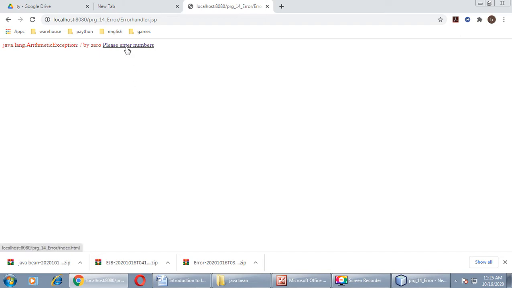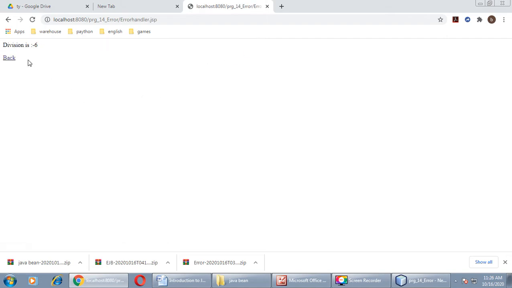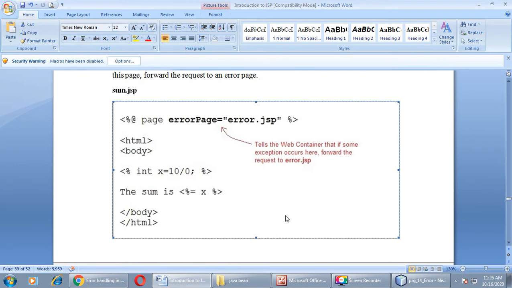Go back to the first page, that is index.jsp. Enter 13 by -2. The division is possible now. Click on submit button. As you can see, division is -6, right? So in this way you can define an error page. This is an example of an error page.